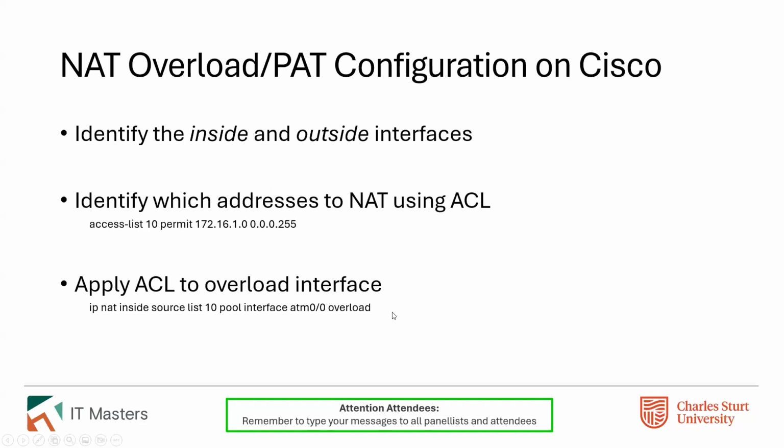And then we've got this keyword overload. What overload means is that we allow multiple devices to use that IP address simultaneously. And we just hope like crazy we don't get any collisions, as it were. Generally, in a small network, say the sort you might run at home, that's a perfectly safe assumption. Once you get up to a few hundred hosts, it starts to be a bit of a risk.